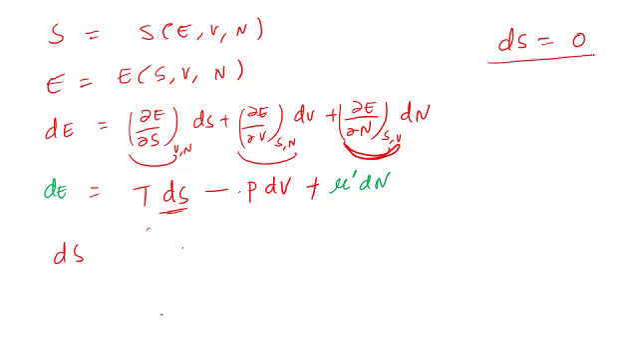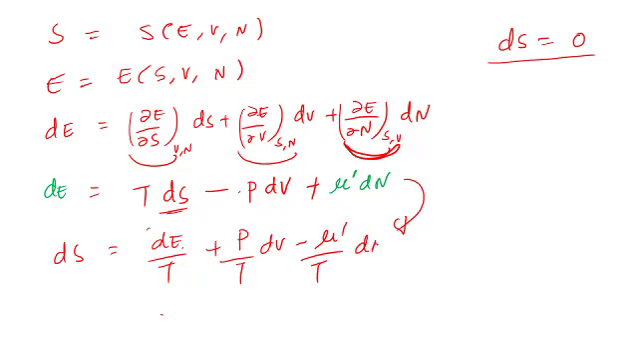So to do that, from here, we can find out what dS is. Then basically dS would be dE by T, right? Plus P by T dV minus mu prime by T dN, right? Or I can write ∂S/∂N as minus mu prime by T,